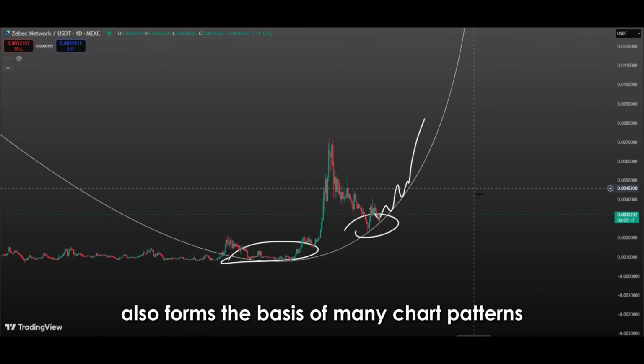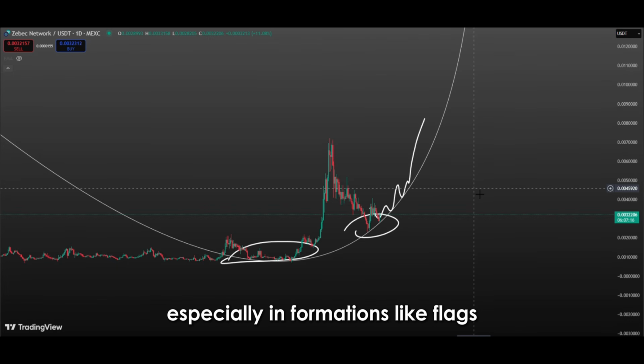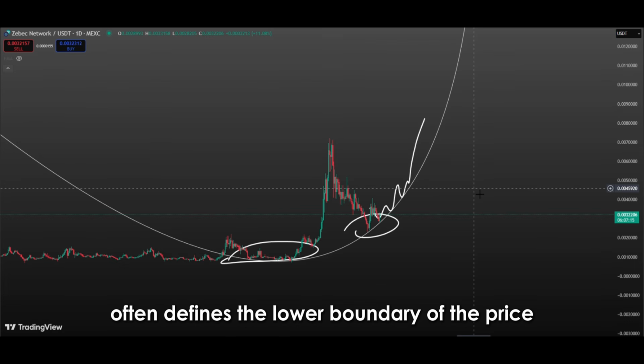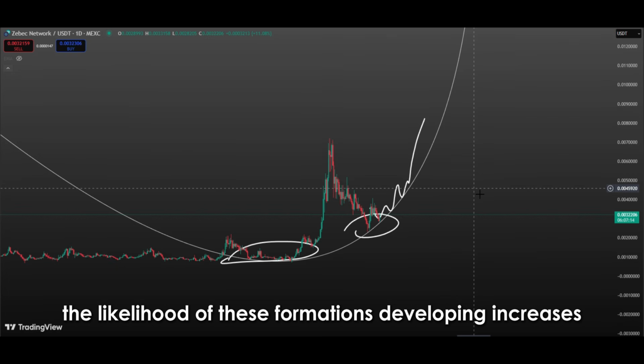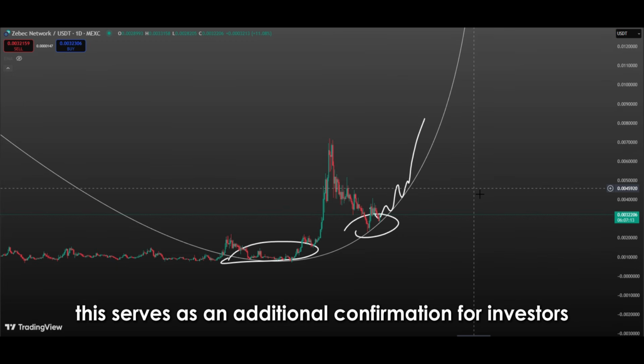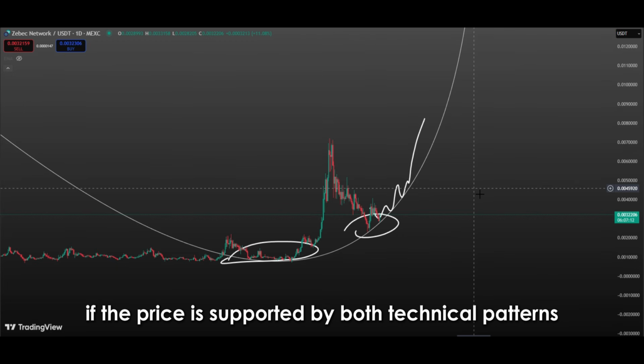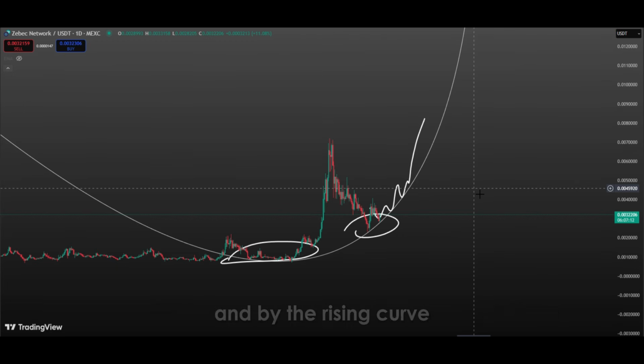Such a structure also forms the basis of many chart patterns. Especially in formations like flags, pennants, or cup and handle, the rising curve often defines the lower boundary of the price. When the price progresses by touching the curve, the likelihood of these formations developing increases. This serves as an additional confirmation for investors. If the price is supported by both technical patterns and by the rising curve, then the probability of the trend